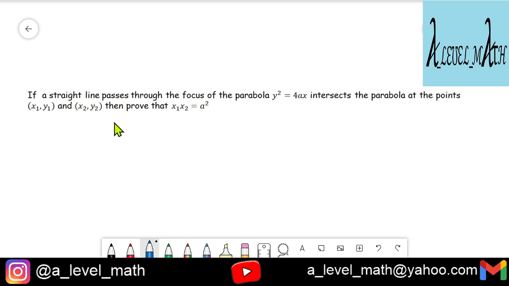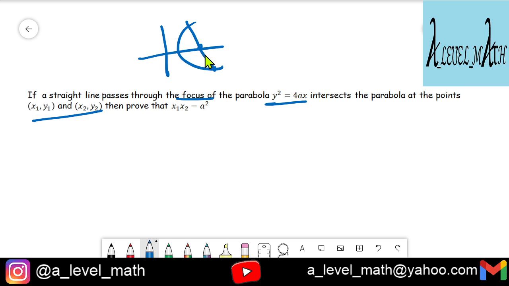So what we need to prove is that there is a straight line that intersects this parabola y square is equal to 4ax at these 2 points. We need to prove that x1 times x2 is equal to a square. And this line also passes through the focus. So remember, whenever a line passes through the focus, suppose this is the focus, we have always one thing that we already know. So if I assume this point to be (at square, 2at), so I already know from my previous questions that this point will be (a by t square, minus 2a by t).